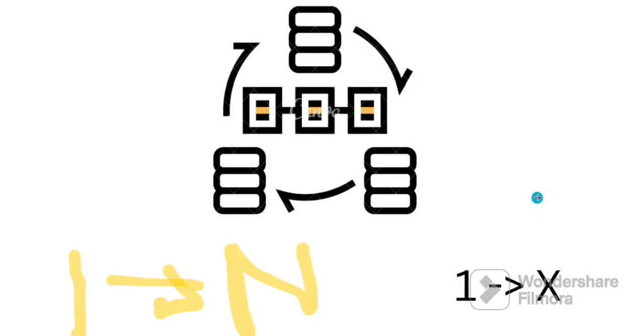So when we are traversing from 1 to n, and sending each number to the is prime function, what the is prime function is doing is also traversing from 1 to x and finding whether it has a factor or not, right? If the number has a factor other than the number itself and 1, then it's not a prime number. So let's suppose we send 6 to the is prime function. It traverses from 1 to 6,